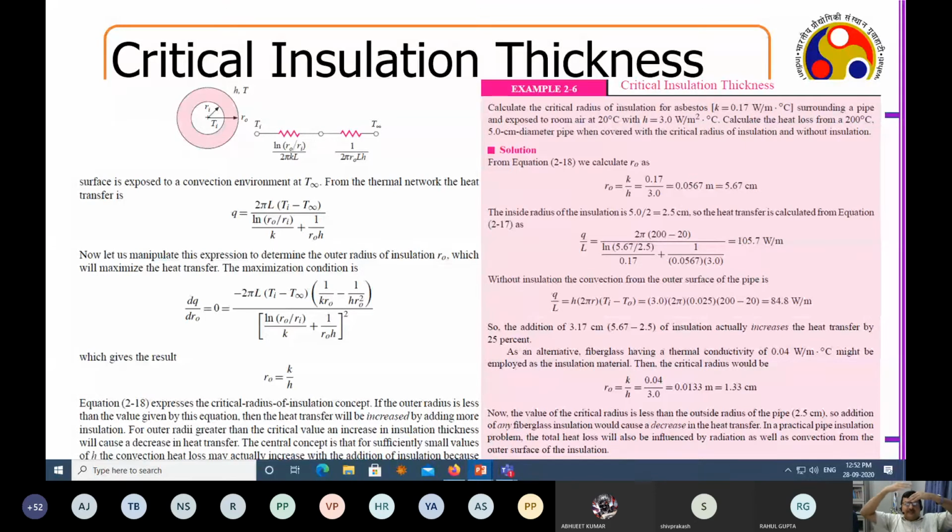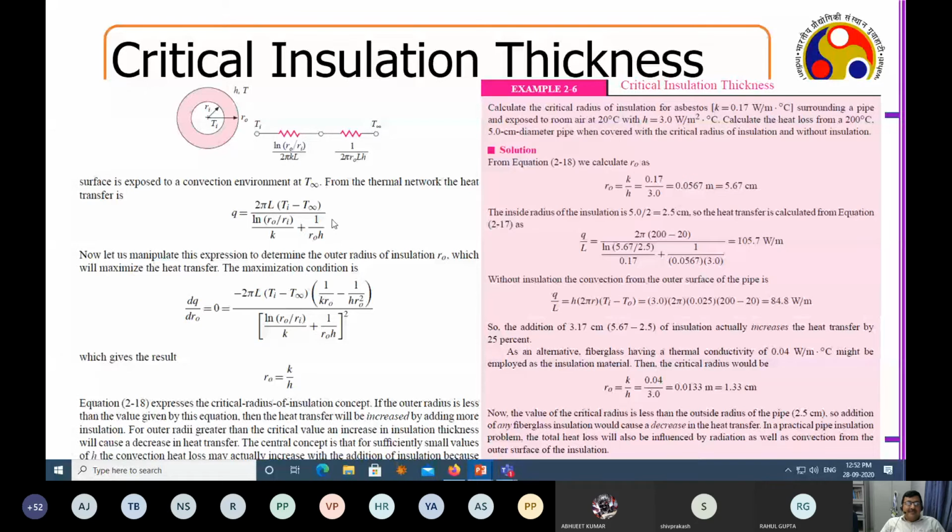So first the heat is flowing out through the wall, and from the wall the heat is convected, and you have two resistances. One resistance is associated with this wall, and the other is associated with the boundary layer outside the pipe. So this is 1 by HA, where A is 2 pi R0 L, and this will be, as we have just derived, ln(R by R0) over 2 pi K. Now, if I simplify this in terms of heat transfer equal to driving force by total resistance, I will get this equation.